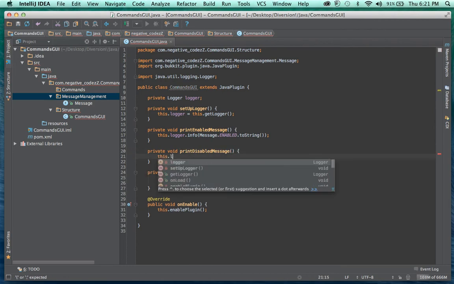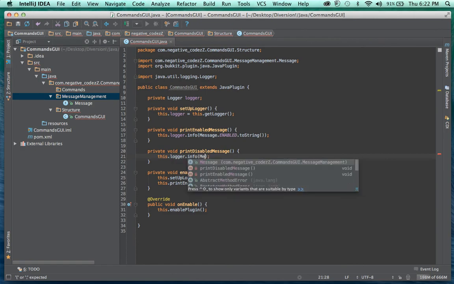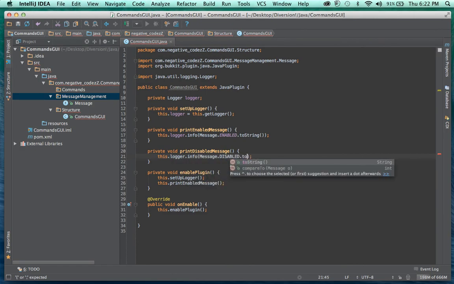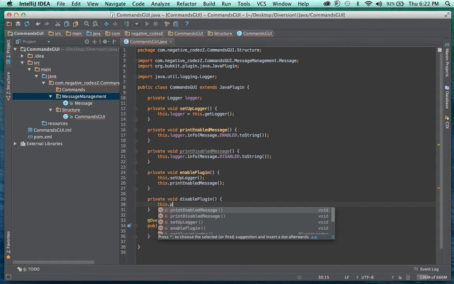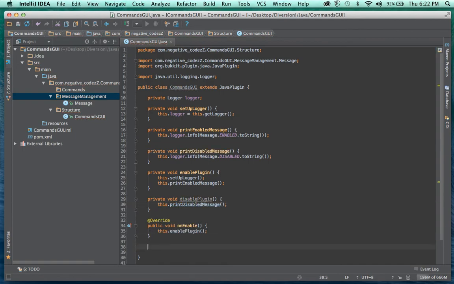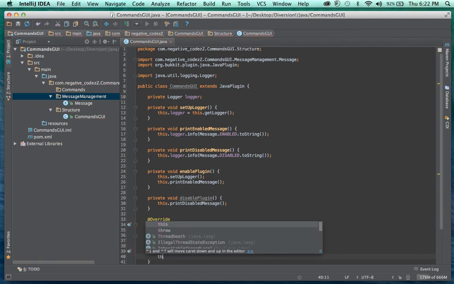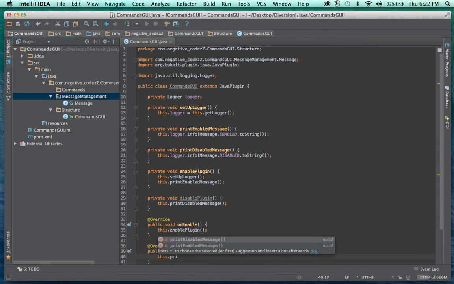this.logger.info(message.disabled.toString()); and private void disablePlugin(). this.printDisabledMessage(); and @Override public void onDisable(). this.printDisabledMessage(); this.disablePlugin();